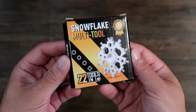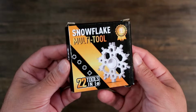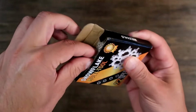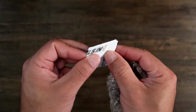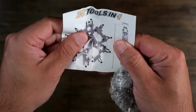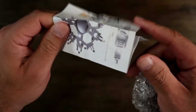So here we have a 23-in-1 Snowflake multi-tool. This is one of those cool gadgets that's a quick and easy gift idea for that man in your life, whether he's your husband, your dad, or your brother or uncle. The 23-in-1 functions in one, and it is a multi-purpose to meet your various needs and can replace a whole